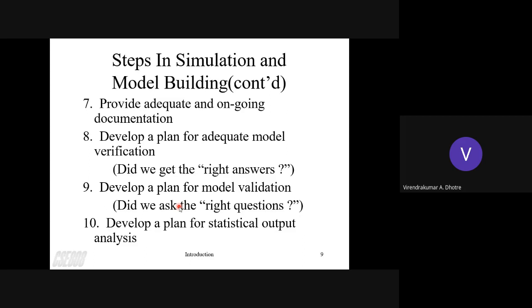Then we provide a plan for verification, to see whether by implementing these steps we are going to get the final answer. Yes. So we will verify, then we'll validate, and once everything is ready, then whatever output we are getting, we have to study it, analyze it, and check whether we have achieved the output as per the expected output. And to check it, to verify it, again we'll create a plan, which is for statistical output analysis.